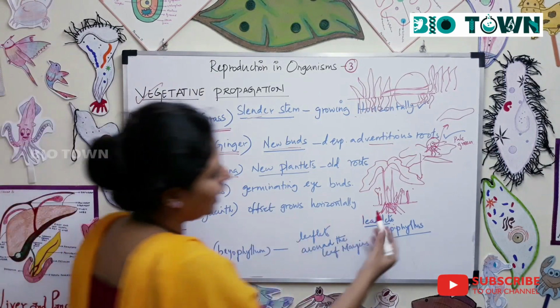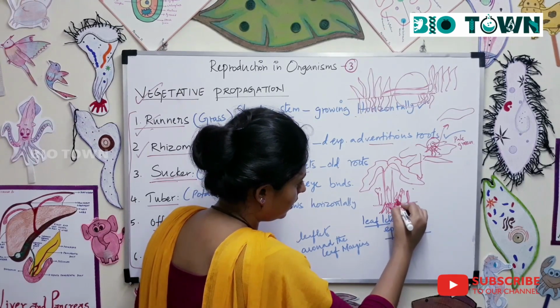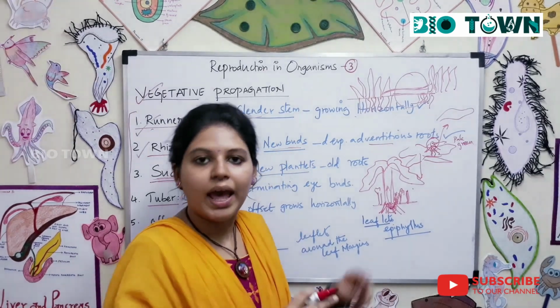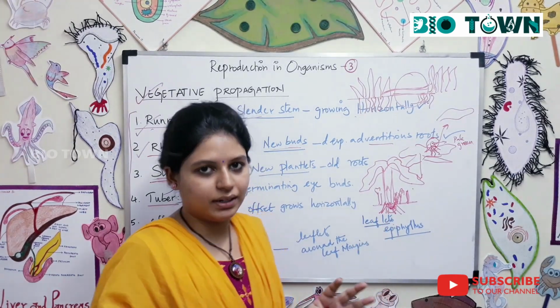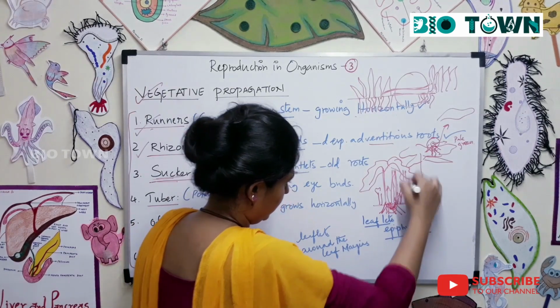Sucker, which means that a new plant, they suck nutrients from the mother plant during its younger stage of life, and then they try to live independently and produce a new banana generation.